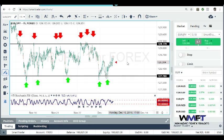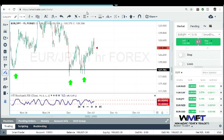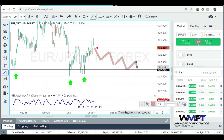And once the market breaks out of this 127, if the market breaks out, what I would like to see is for me to start selling to go down to that 1618 on the 4 hour chart. I would like to see the market come down. It's gonna wave, come up, come down, then go up, then it's probably gonna test, come up again,